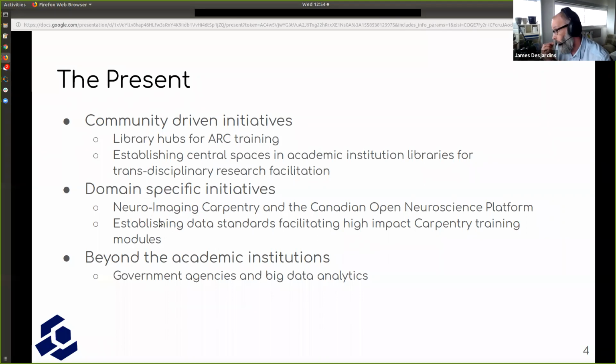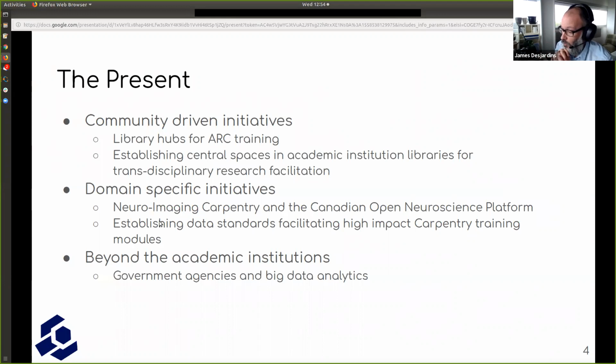In particular, neuroimaging for fMRI and EEG research is getting large amounts of funding that isn't directed towards a specific research project, but rather in establishing the infrastructure of expertise across the country.